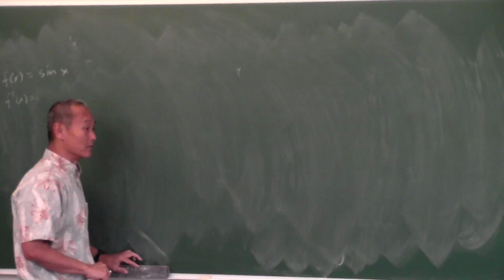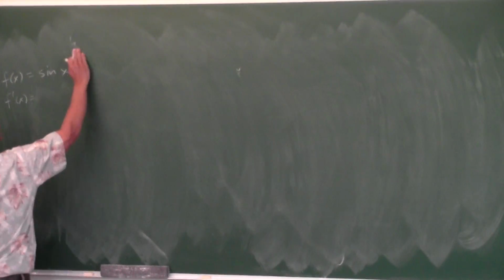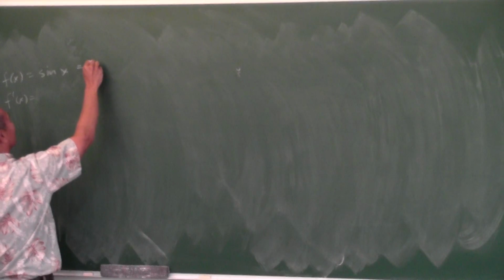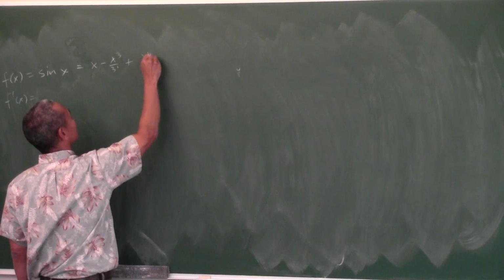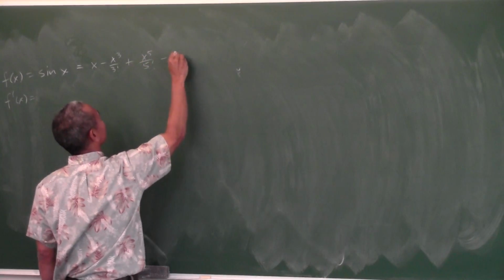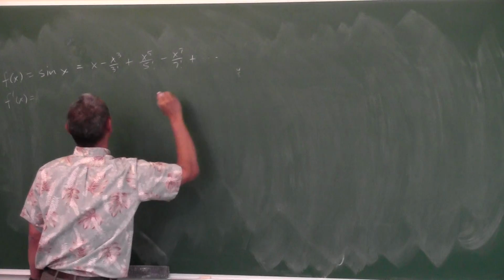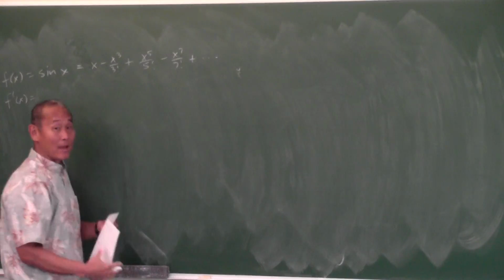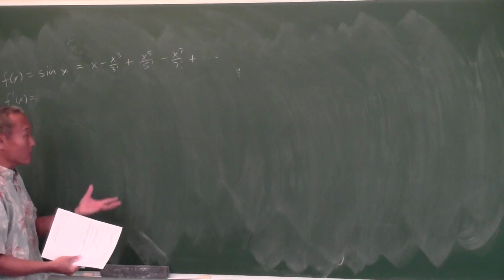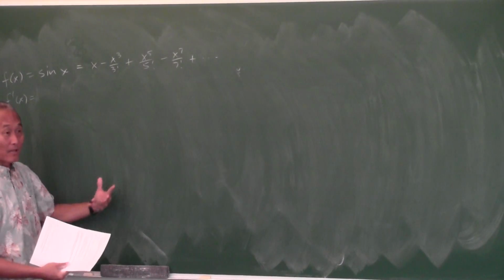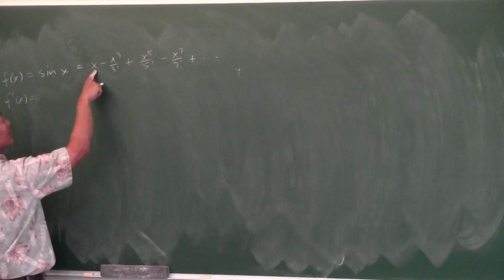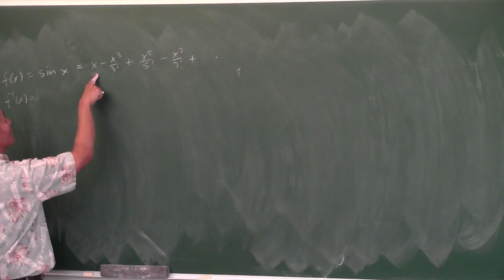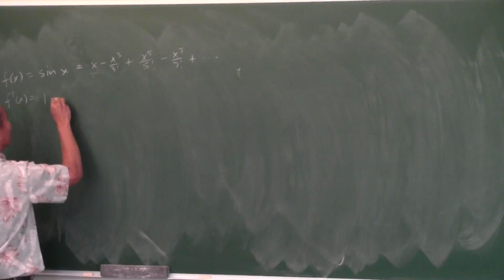One way is the power series. What's the power series for sine x? x minus x cubed over 3 factorial, and so on. That's why it's easy to take the derivatives of polynomials, and power series are infinite polynomials, so easy. All you gotta do is take the derivative term by term. What's the derivative of the first term? 1. 1 minus